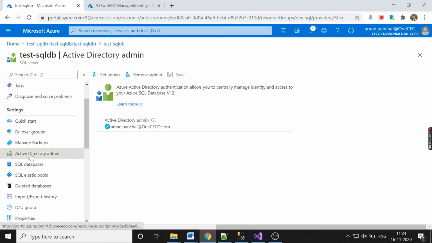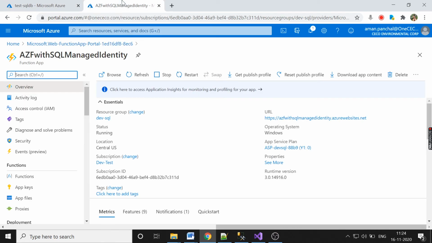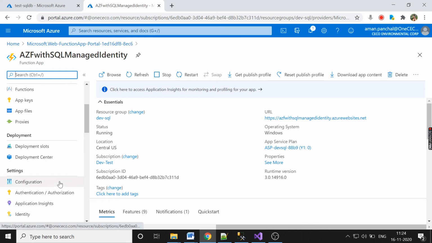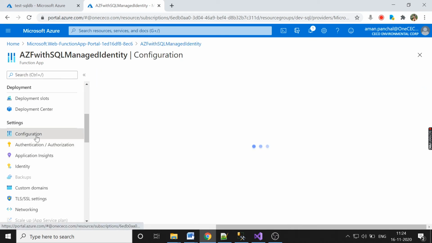Once you have set the admin for this Azure SQL with the Active Directory admin, you have to go to your Azure function and enable the identity.